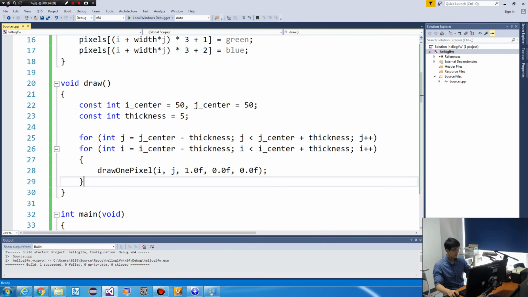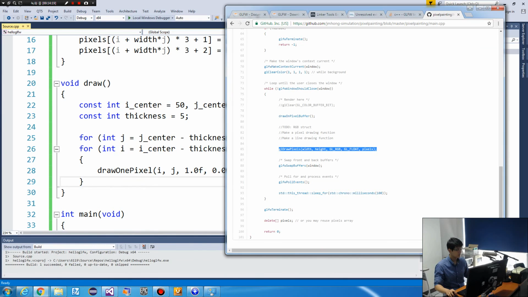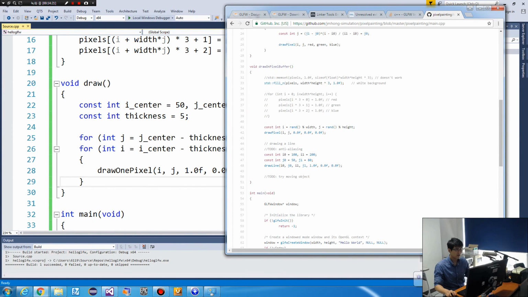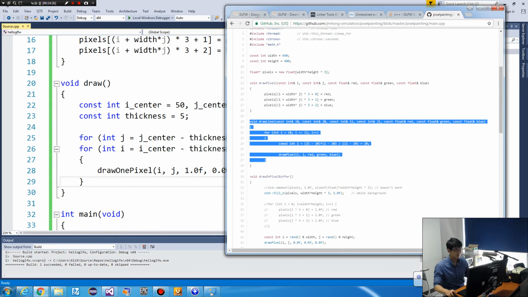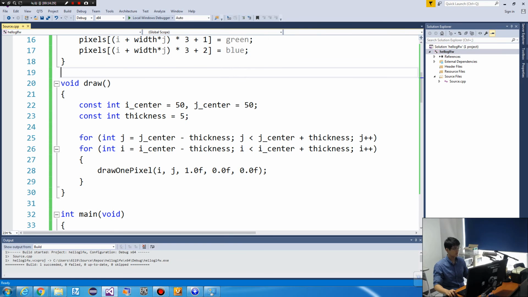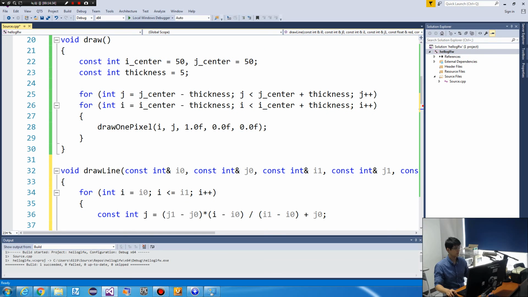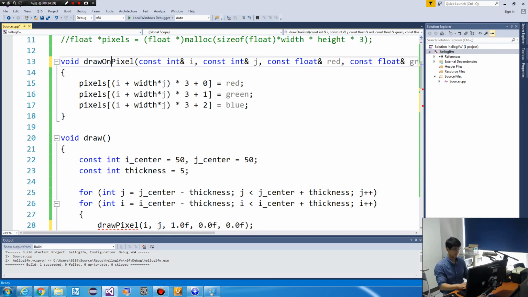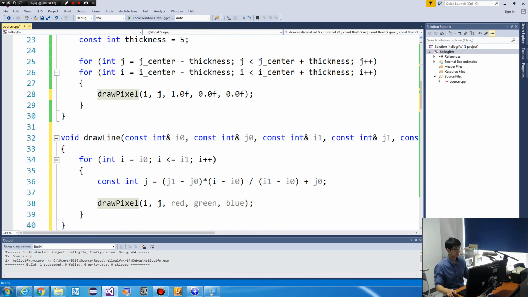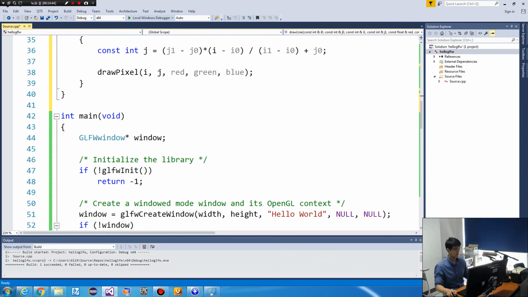Okay, so we can draw one pixel, and we can use our for loop to draw an area, right? And maybe we can extend our code to draw a line. So here is a line drawing code. Draw pixel. Draw line.